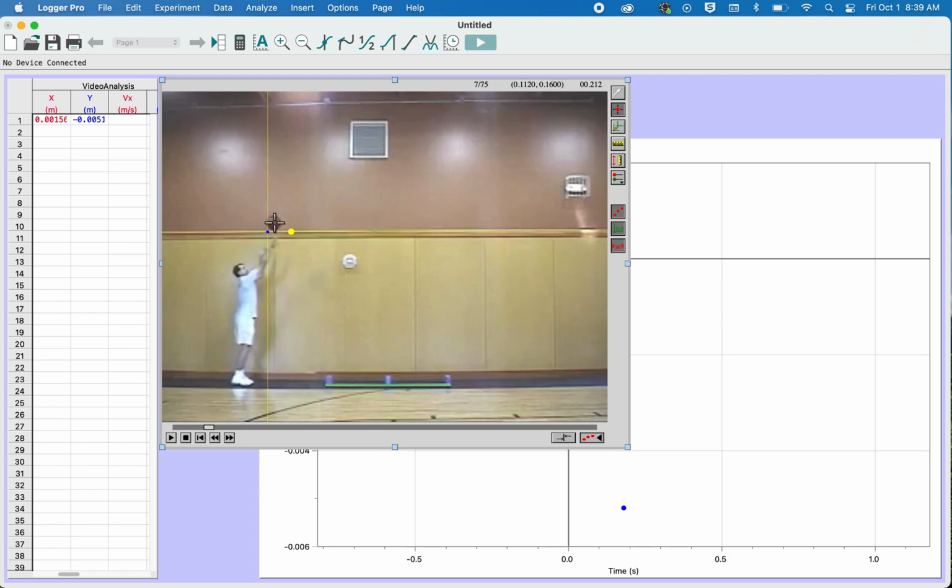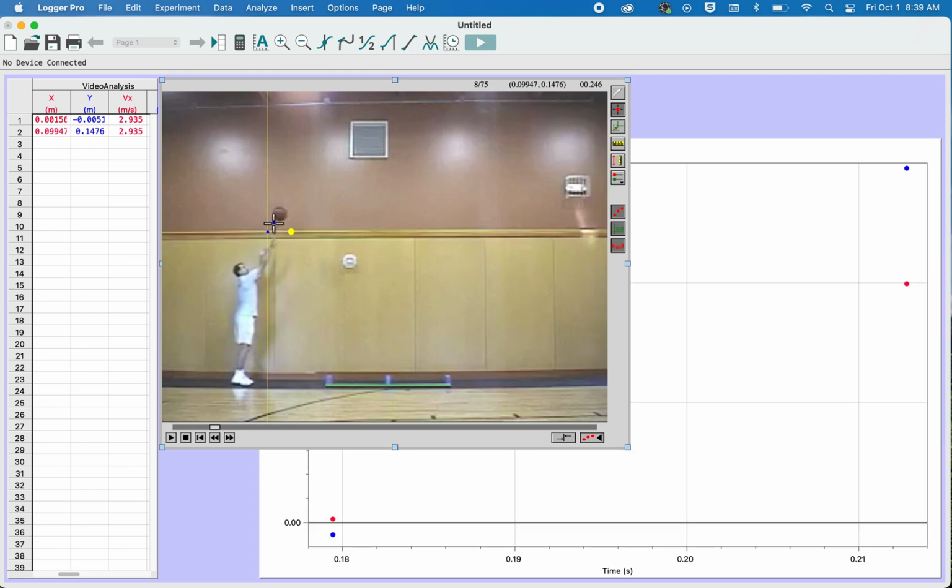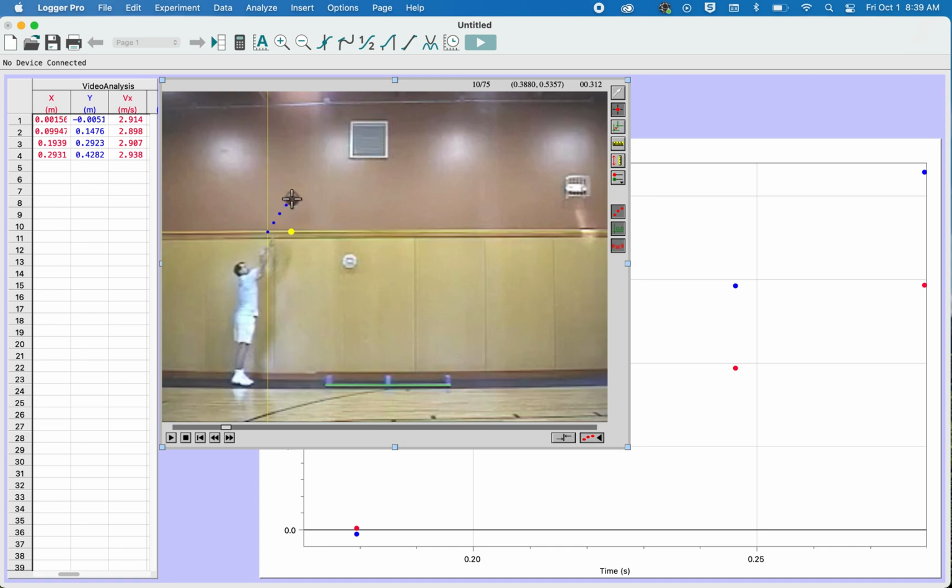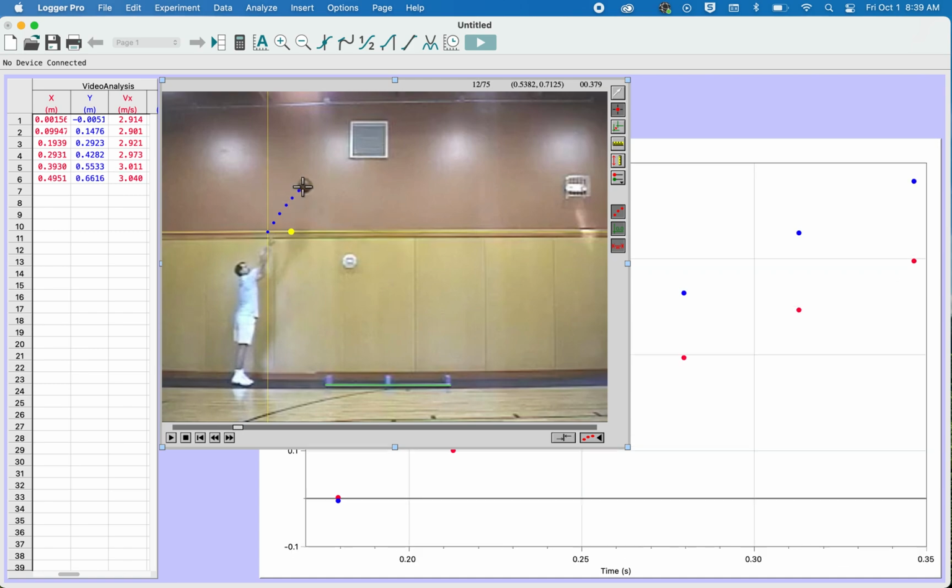So what I'm going to do is find the new center of that, and click. Once again, it will mark that point. It will move the object forward, and I'll click again, and so on and so forth. You'll notice that we're getting points over here, so it's automatically collecting data for us. So I'm going to go ahead and just keep clicking as accurately as I can on the